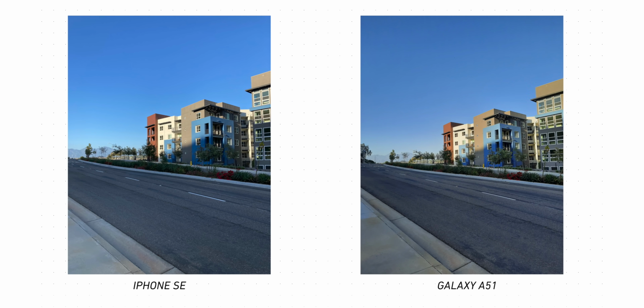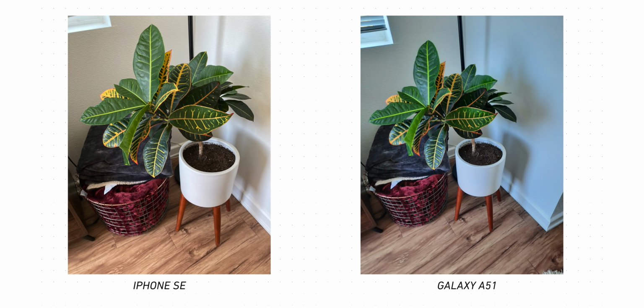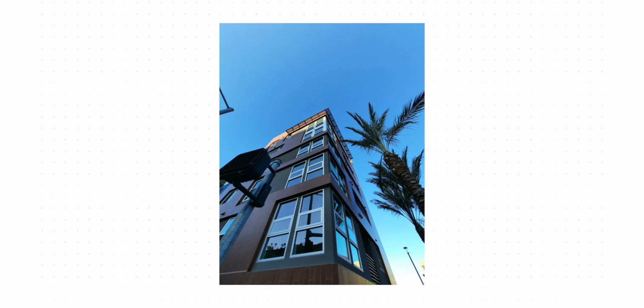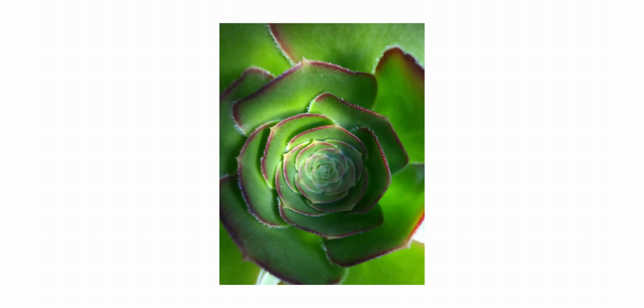There's noticeably more contrast and sharpening than the SE, and sometimes the colors would shift a little bit cooler with the Samsung. I think the versatility of the phone here adds to its niceness. The ultra wide is nice to have, although I may not use it all that often. The macro shots, I'm not taking really close pictures all that often. When I want to, it's kind of good to have that flexibility,